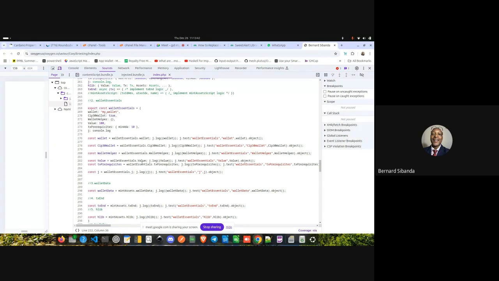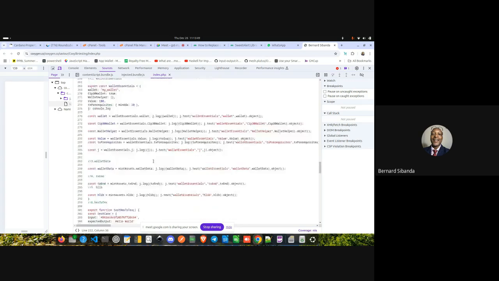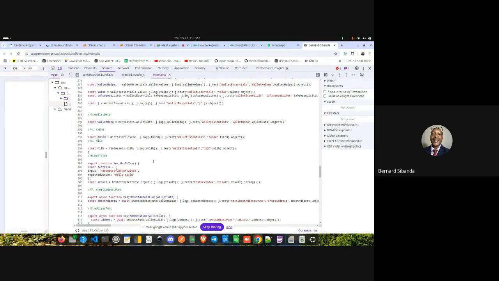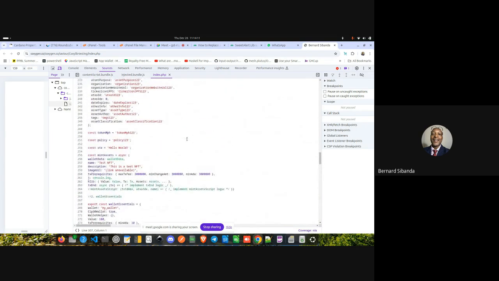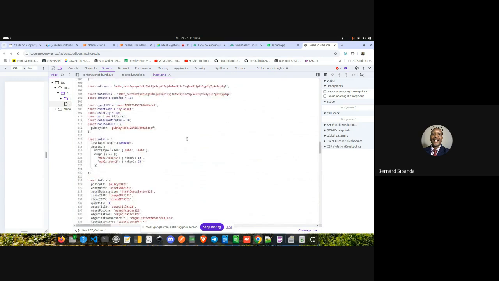Wallet essentials value. This is something completely different. That value is wrong. That value you have created there, that argument value, is completely wrong.